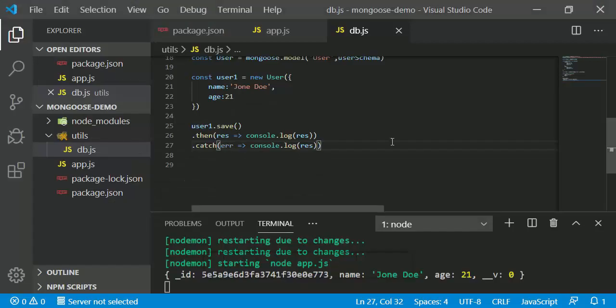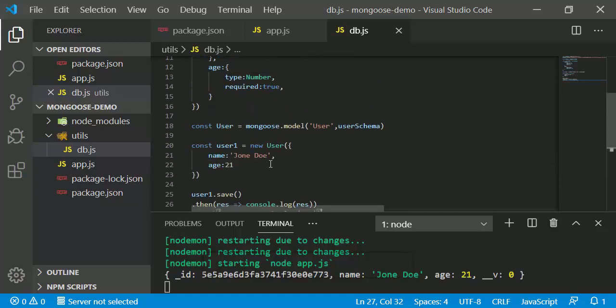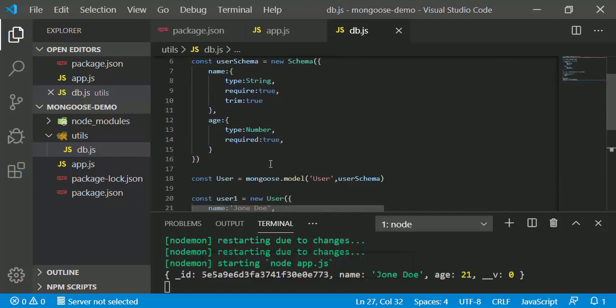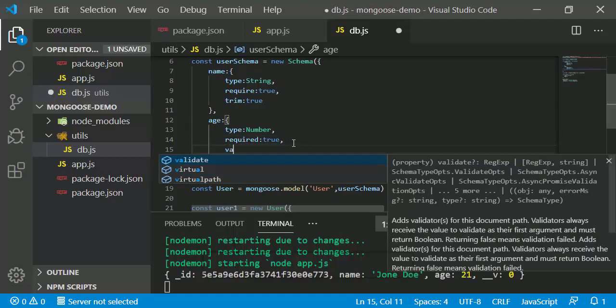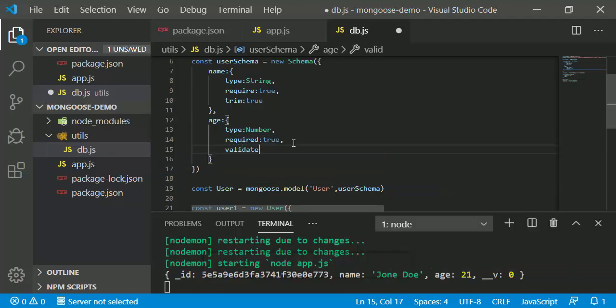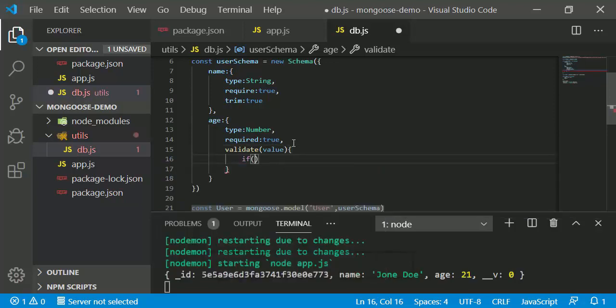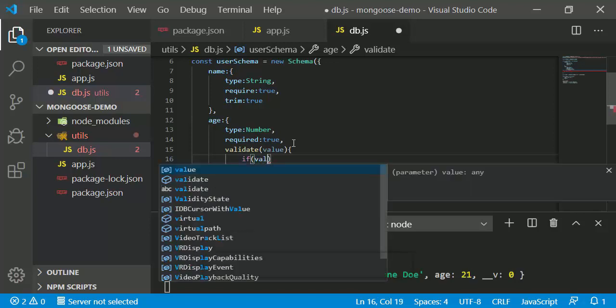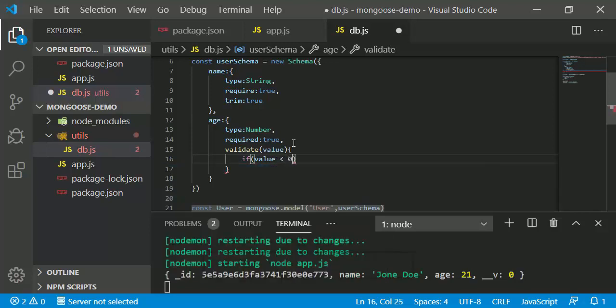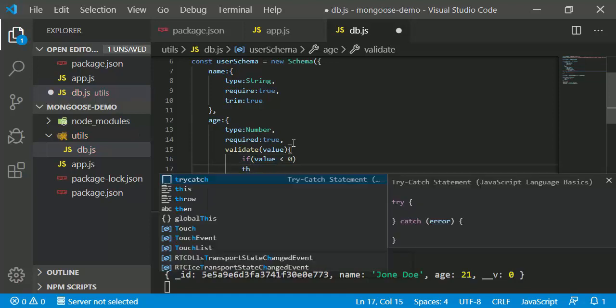So now we are going to see how we can provide validation here. If we want to validate that the age will be only greater than 18, or let's say we validate that the age will not be less than 0, or it's not negative. For doing this, we can use a method or function called validate. And in this, if the value is less than 0, it will throw an error. For throwing the error, we can use throw